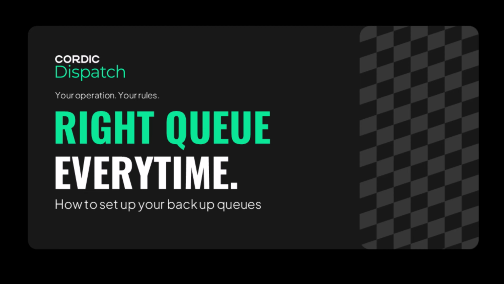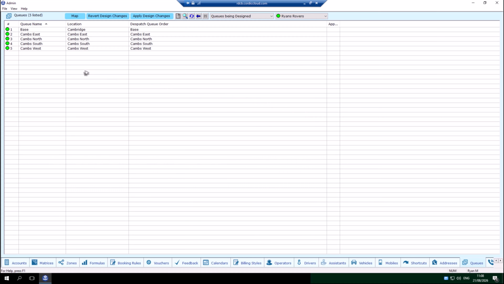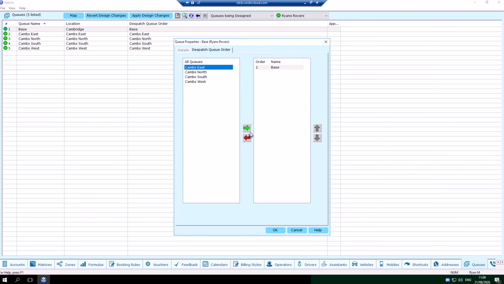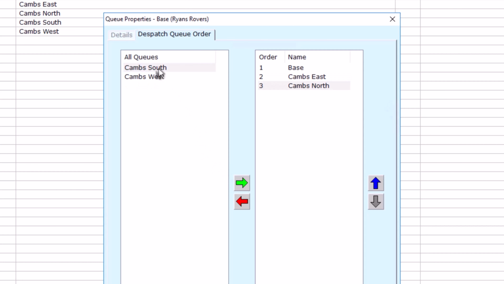In this video, we are going to show you how to set up backup queues for a queue within Cordic Admin. Open the queue you want to set up to bring up its queue properties box, then click the Dispatch Queue Order tab. First, set up your backup queues. These are the queues the system looks in for a car when there are no free cars in the main